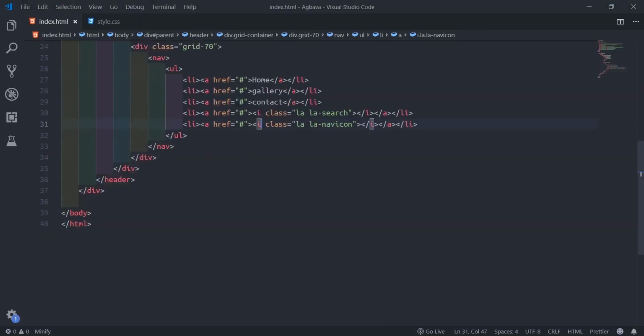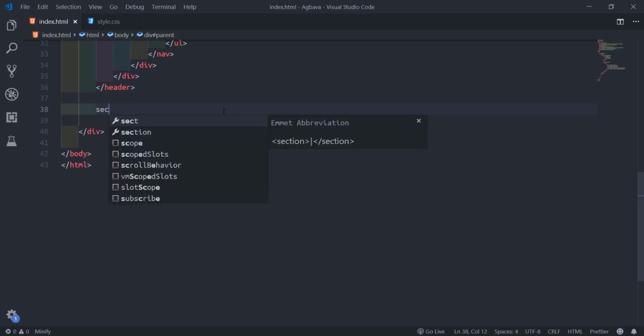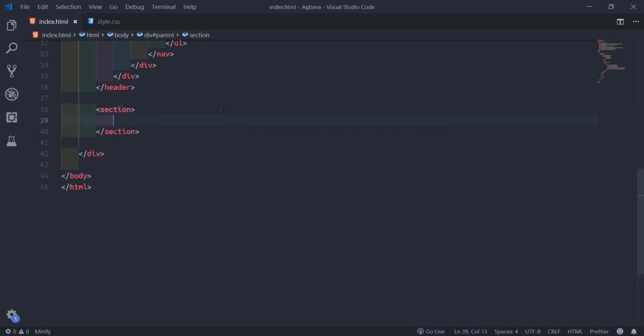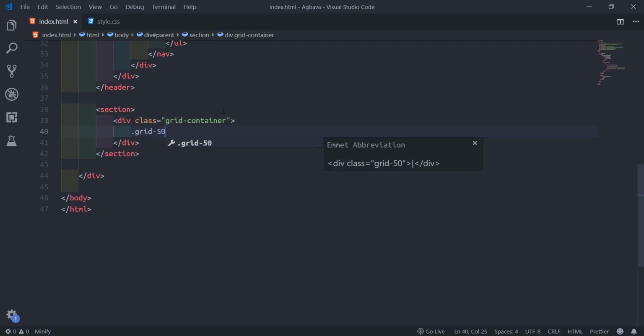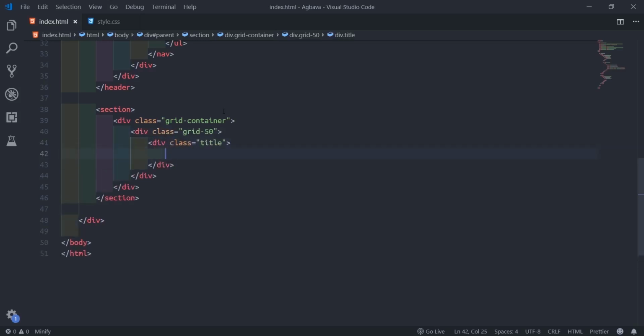So quickly imagine enter the code sharp. So after the header here now, I'll come down. I'll create section. I'll say section. Then inside this section here, multi-grid container. So the grid container, I'll say grid 50. With 50, then title. So this title now, I'll go put that for now at the top now, which is the slick.